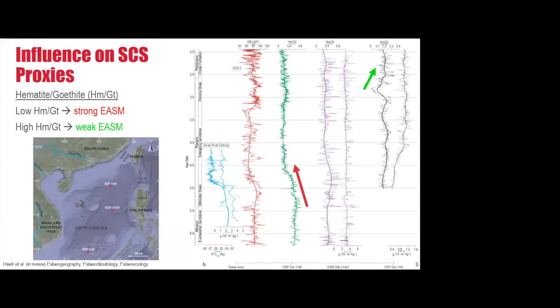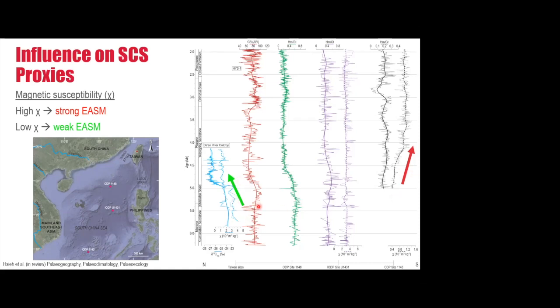And the monsoon proxies that I'm looking at are hematite-goethite ratios and magnetic susceptibility, which traditionally are thought to vary dependent on monsoon strength. So hematite forms under arid climates, while goethite forms under humid climates. So decreasing hematite-goethite indicates increasing monsoon strength and vice versa. Magnetic susceptibility is related to the extent of weathering by monsoon precipitation. So higher values indicate stronger summer monsoons and vice versa.